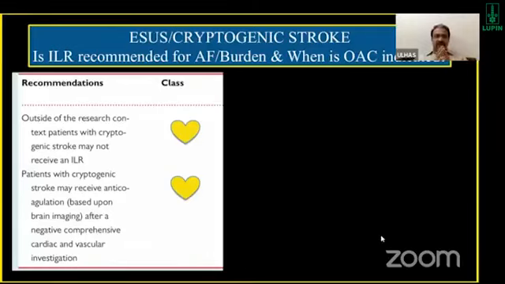for looking at the recommendation of oral anticoagulation in the management of further strokes in those patients who suffered so-called idiopathic stroke, because we do not really know what we should do, even if the ILR says that there is an AF burden. So at this point in time, the expert recommendation is don't fall for this ILR, because we do not know what to do. Only when you are into a research project, or for example, in our hospital, we have initiated the observation with ILR.